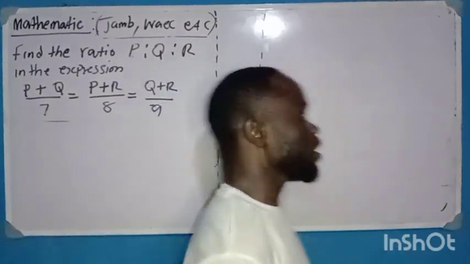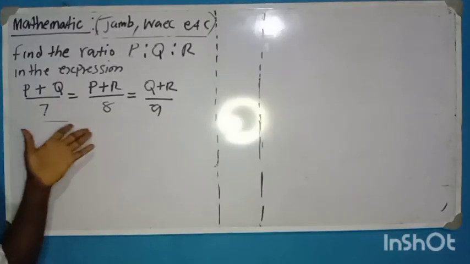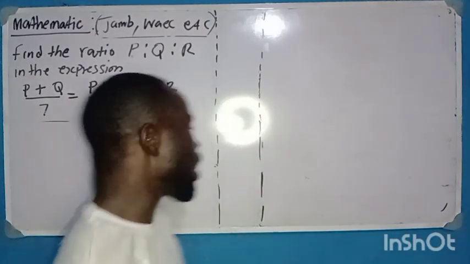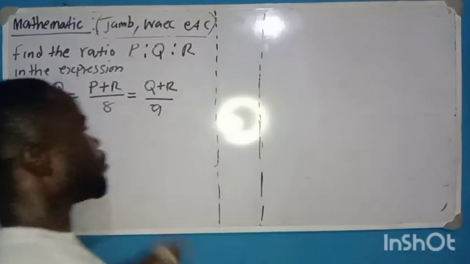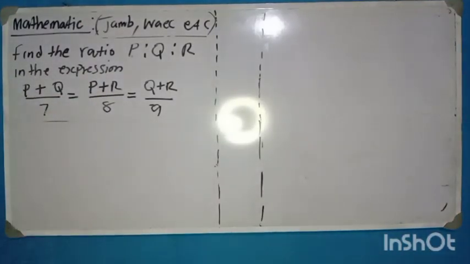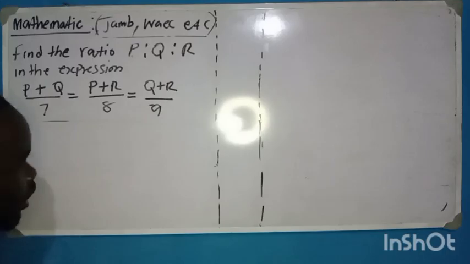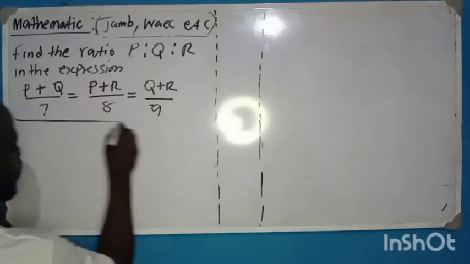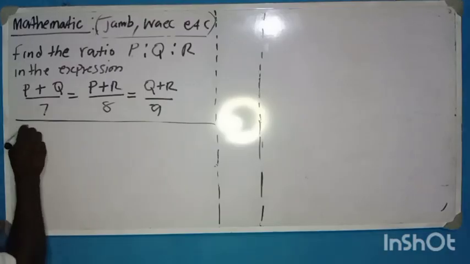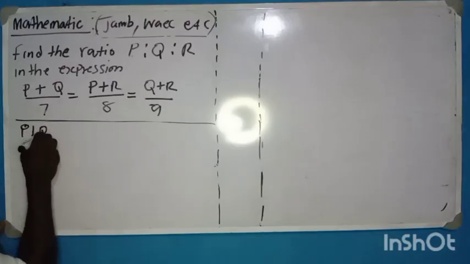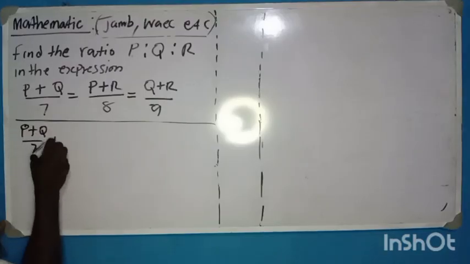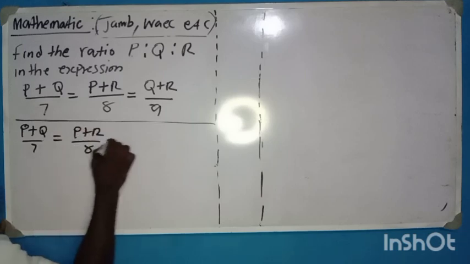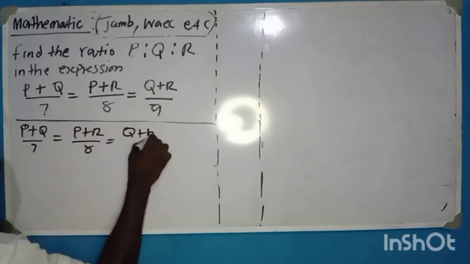Many students ask me that anytime they encounter this particular question in examination, it's always very difficult for them to simplify. Let's see how we can solve this. Anytime you see this question in exams, they love asking you either in aptitude test or WAEC or JAMB. What we do is to solve this: P plus Q over 7 equals P plus R over 8 equals Q plus R over